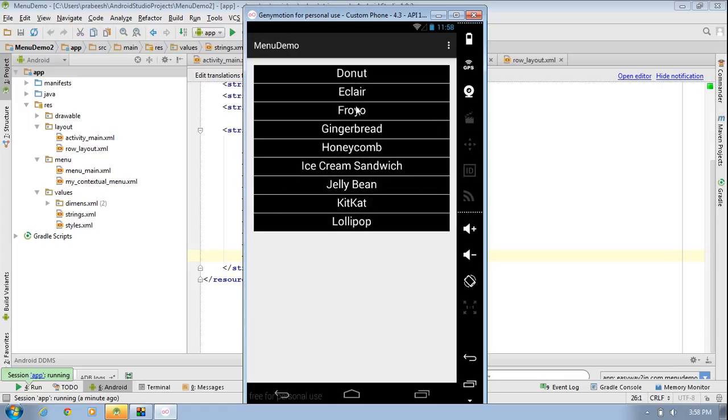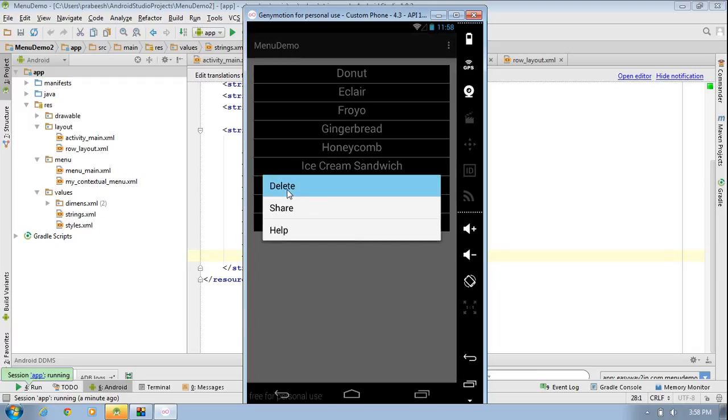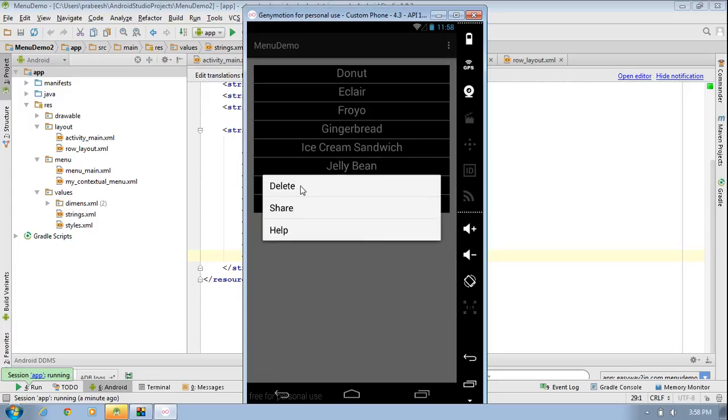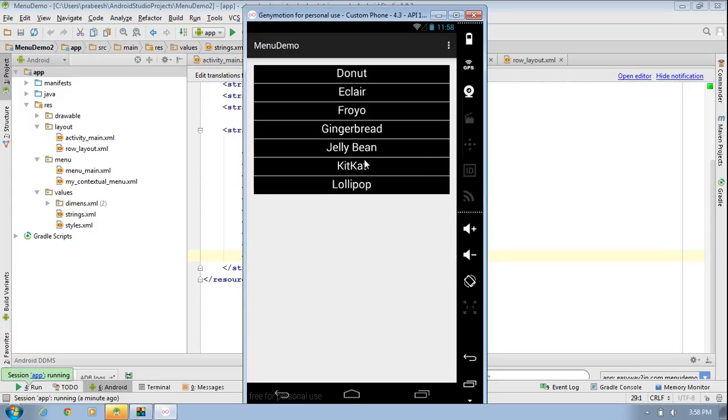Now select delete. Now you can see that particular item is removed from the list view. Now I select honeycomb. Now select delete. Now I select ice cream sandwich. Select delete. Now this is how we handle the click events of a context options menu in